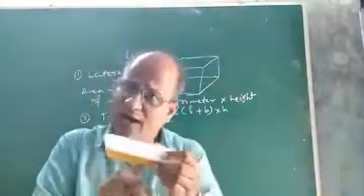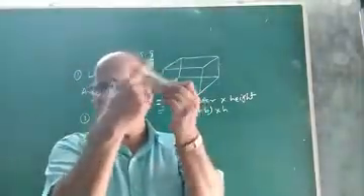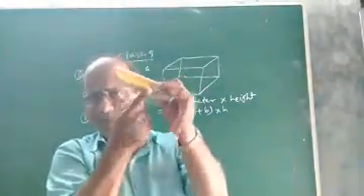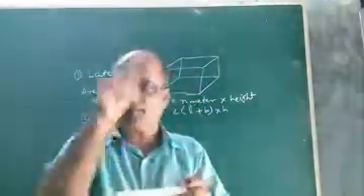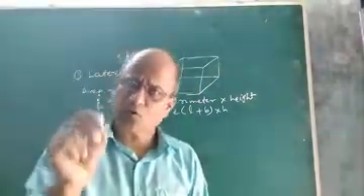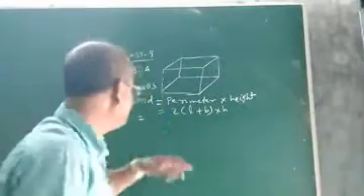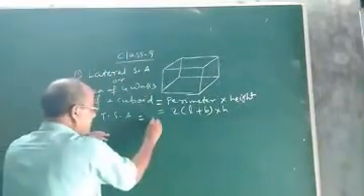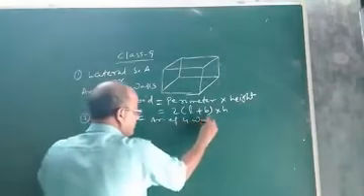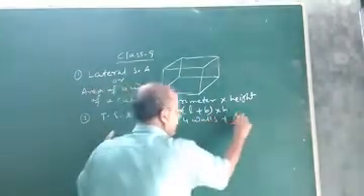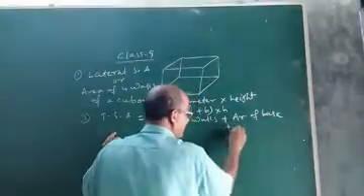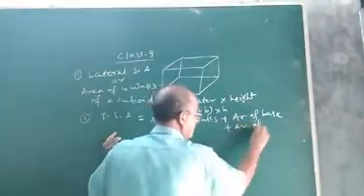We have to add the area of top as well as base. You see, add the area of base and the top to the lateral surface area, or area of four walls. It will give you the total surface area. That means, what I meant to say, total surface area is what?